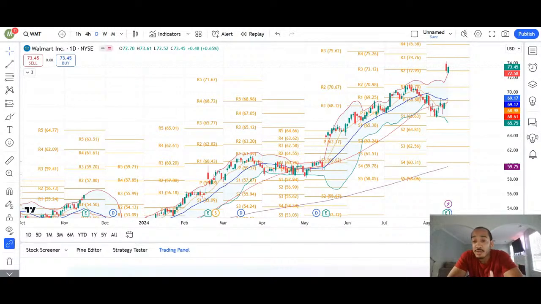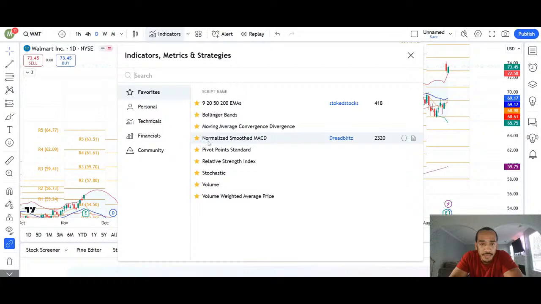If you're in a swing trade, it's an easy way for you to either get in or get out. If you look at my pivot points, it doesn't respect them all the time, but it's not a bad indicator. I really like the pivot points, to be real. So take a look at this, screenshot it, whatever, put the pivot points on your chart and try it out. I don't think you'll be disappointed on that one. So now let me go back to my next indicator, so I can explain that one.